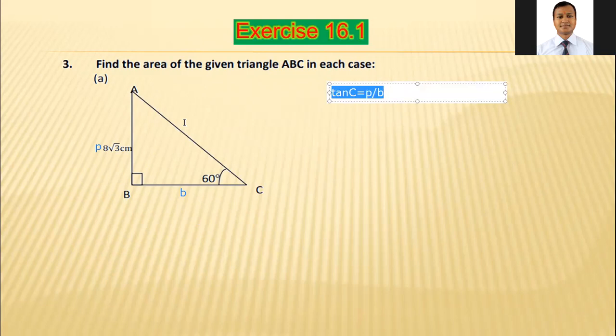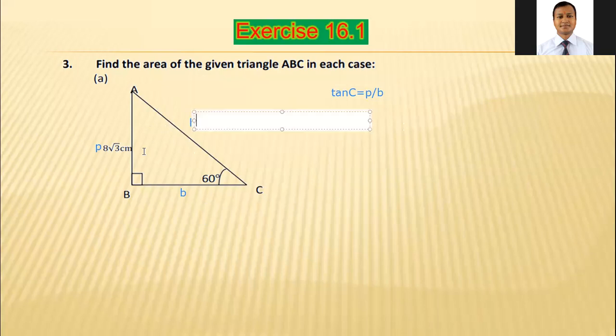If we have to find out the hypotenuse, p by h, sin theta is equal to p by h. Now two things are only there, base and hypotenuse. So I discussed about these two only. If we have to find out hypotenuse, perpendicular is given, p by h, that is sin theta. If we have to find out the base, there is the formula p by b, tan theta.